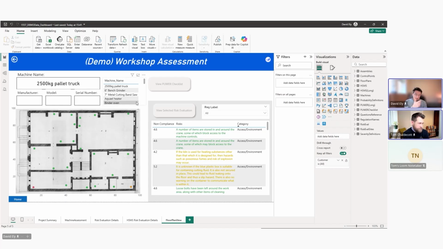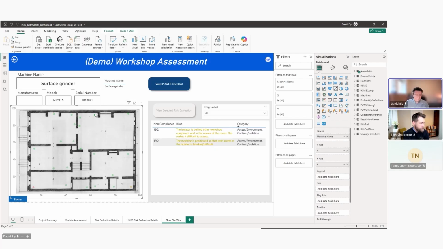Yeah, so this is another feature we've got in the dashboard. In the app, I showed that you've got the ability to upload a floor plan, add a location on that floor plan for each of the machines. That information is also pulled through into this interactive dashboard, and so you can see on the screen here the location of each of those machines, again color coded,